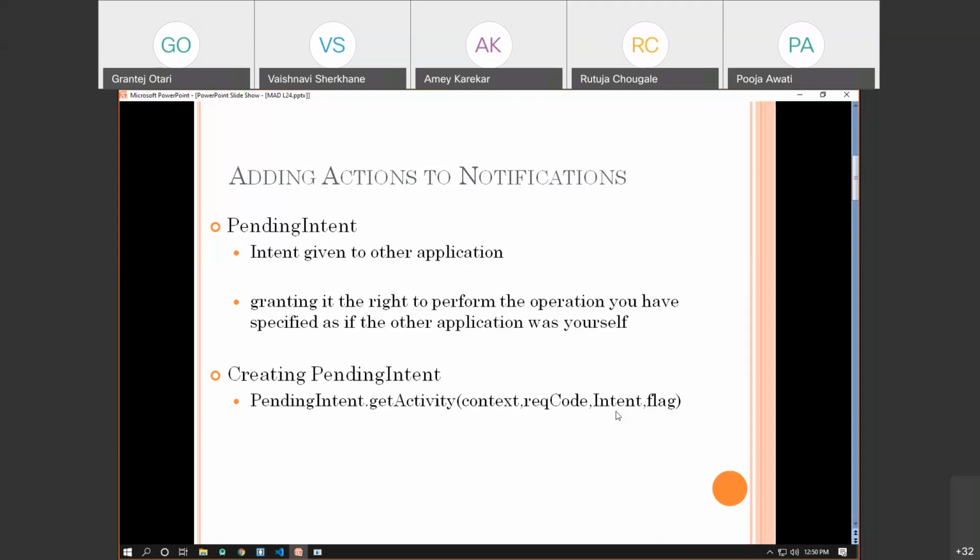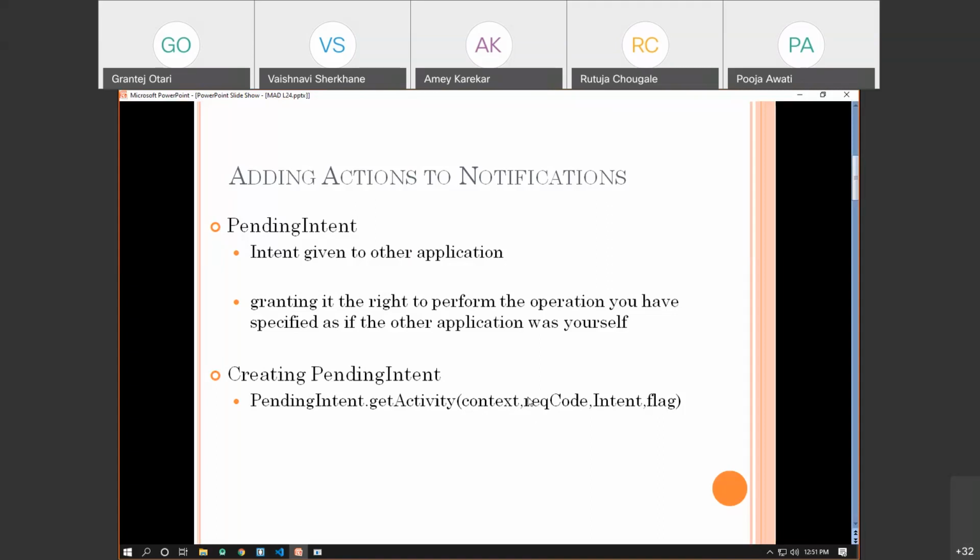The third is the intent, and fourth is the flag. Intent we know what we have to do, and flag means what we are going to do with the current activity. So whether the current activity will remain as it is by calling the other activity, or the current activity will end by calling the other activity. That is defined by the flag.